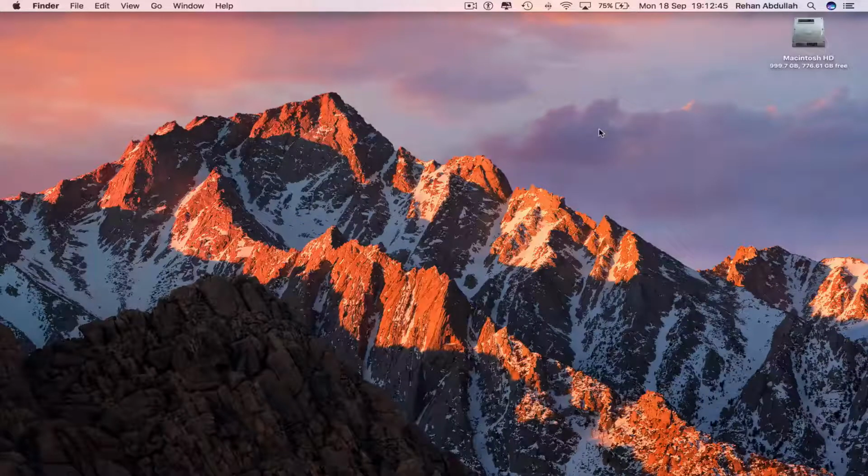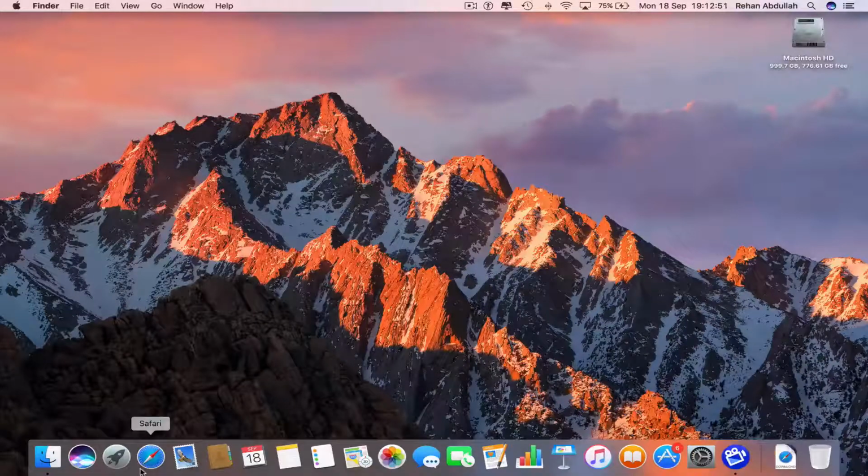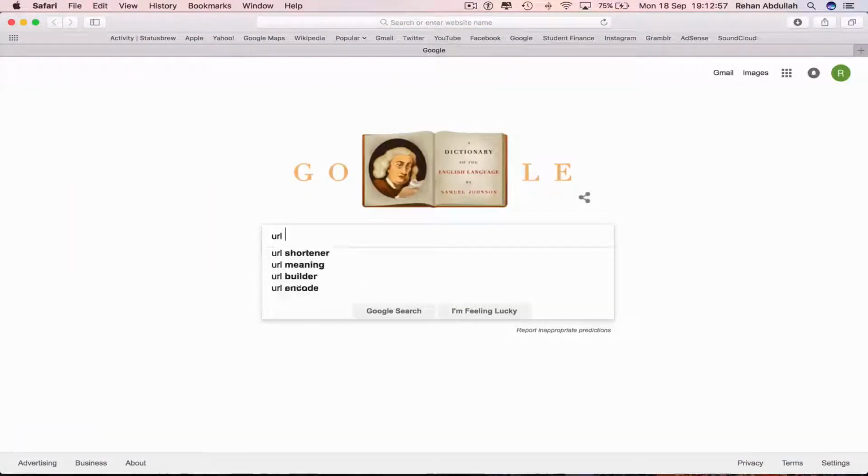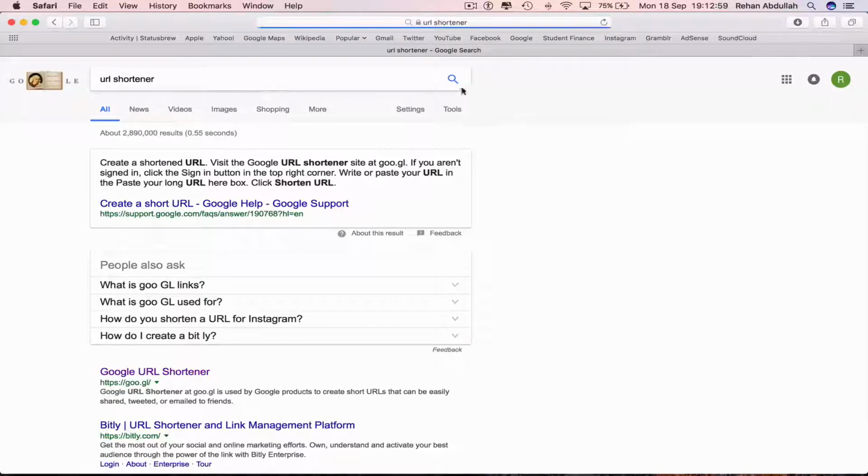So without further ado, let us start the video. So the first thing you have to do is go all the way to Launchpad, go to your web browser, which is Safari in this case, and we need something called URL Shortener. So click on this,